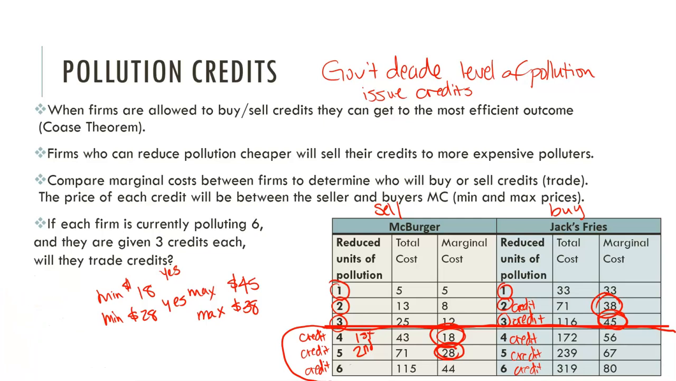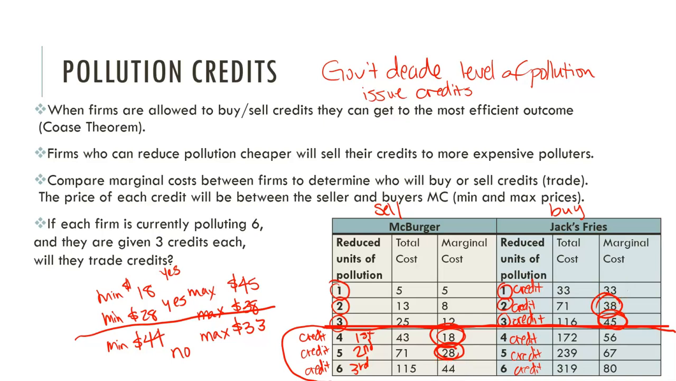And then the third credit, okay, so if they're going to sell all 3, then McBurger has to reduce that last unit of pollution also. Currently, it's going to cost them $44 to do that. So that would be the lowest they'd be willing to take for that third credit. And then Jack is going to use that credit on his first unit of pollution, which he's currently paying $33 to reduce. So the most he'd be willing to pay is $33. Are they going to be able to negotiate the sale of this credit? No, they're not going to. Okay. So they would stop there,